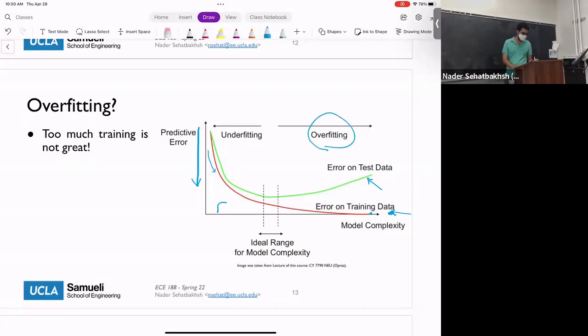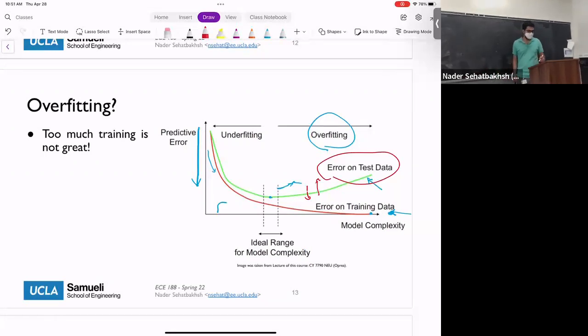What will happen is there is some kind of sweet spot, after which, as you can see, the error on your test data goes up. So not only does your error not go down, it actually goes up. And remember, what you care about at the end of the day is the error on your test data. You don't care how well you can predict your training data. What you care about is how well your model can predict the output of your test data. So you obviously want to stay at this point and not go in this direction.